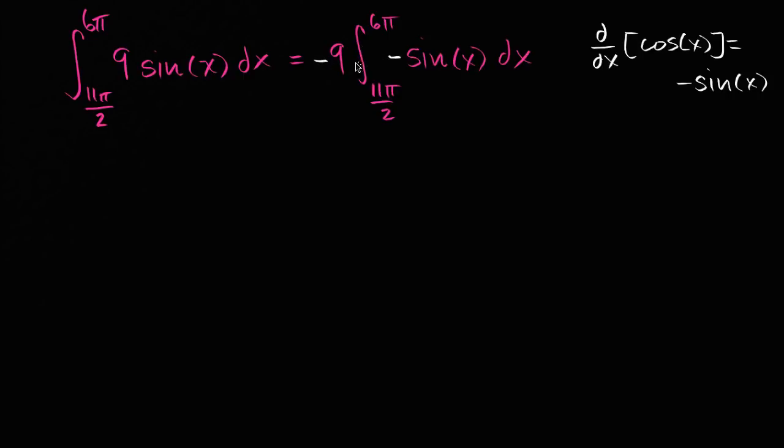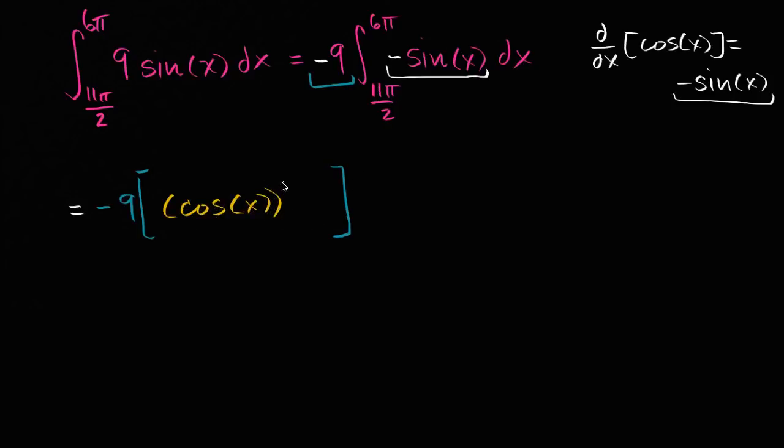So what if I said negative 9 times negative sine of x? Well, this is still going to be 9 sine of x. If you took negative 9 times negative sine of x, it is 9 sine of x. And I did it this way because now negative sine of x matches the derivative of cosine of x. So this is all going to be equal to negative 9 times, and I'll put it in brackets, the antiderivative of negative sine of x. Well, that is just going to be cosine of x,